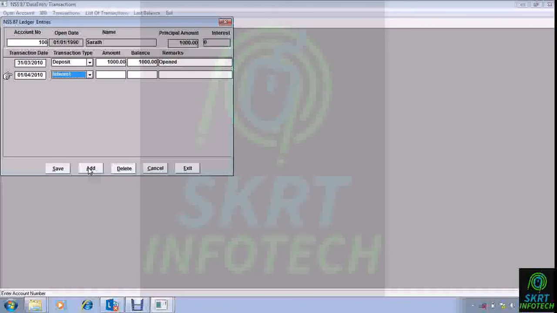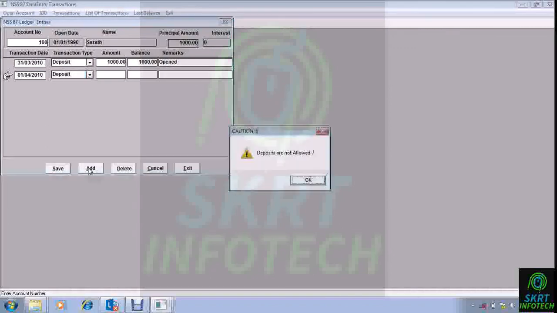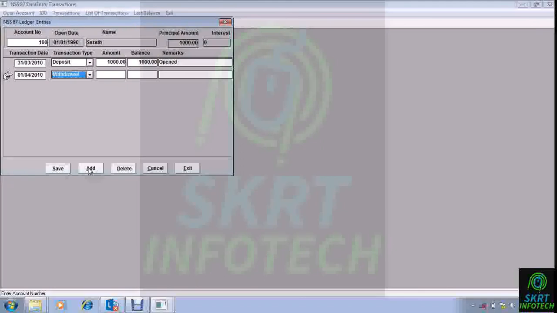Next, deposit, interest, withdrawal, deposit. There is only one deposit allowed, so you cannot do any deposit. So it's interest of 2010, 150 rupees. The balance is automatically calculated.